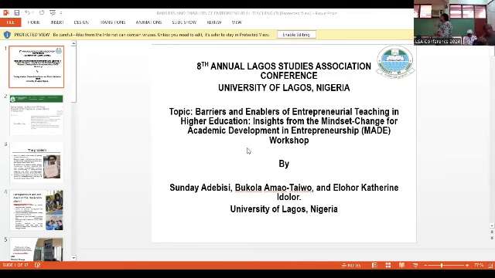Design thinking has 9 components. For you to start a business as a person, you must be able to do this. You must have empathy. You must work with teams, because as an entrepreneur, sometimes you may not start alone. You must start with people. You must have ideas. And that was what we put them through. Those sticky notes on the board were information on problems and solutions they were able to identify in their own university.